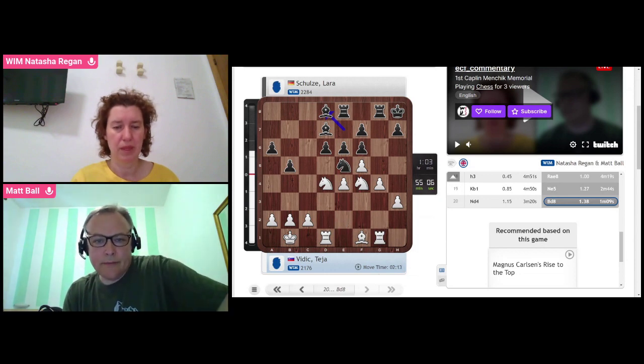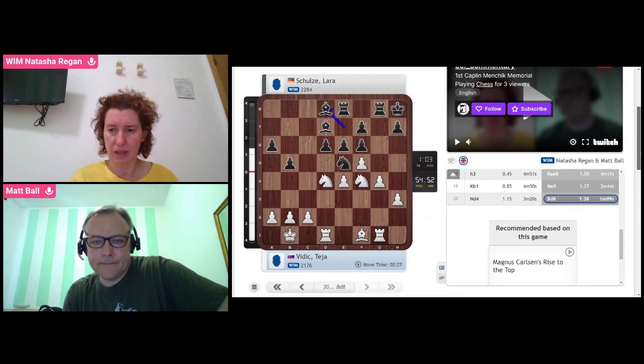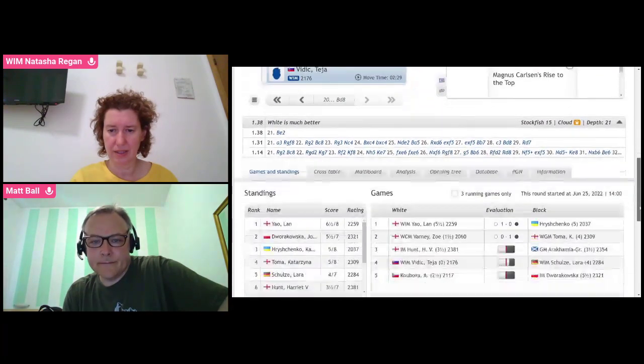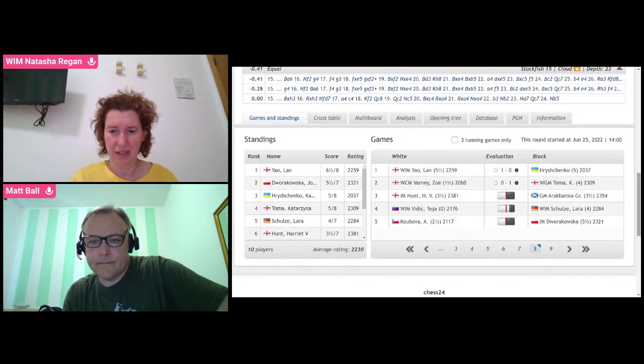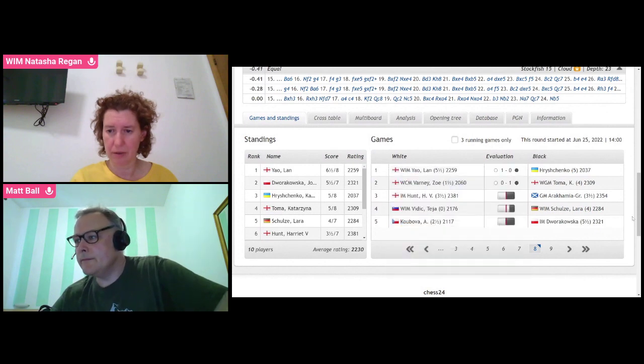I think Black's just got to defend it with a bishop for a while, haven't they? But there's some more manoeuvring to be done there, I think. Okay, and let's see this other game, which is again the other tournament leader, Polish IM,